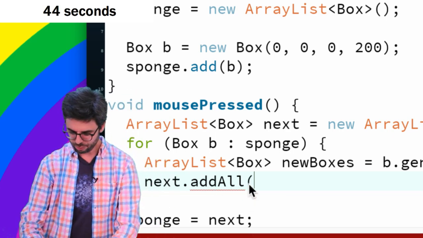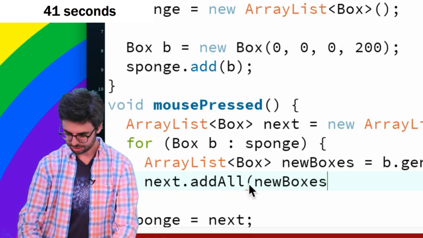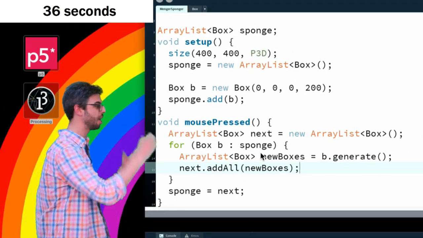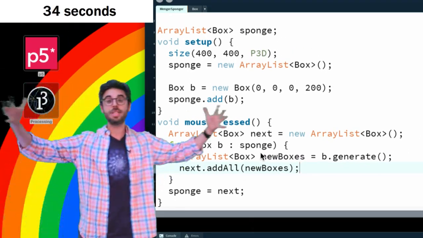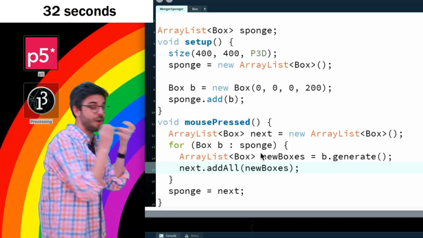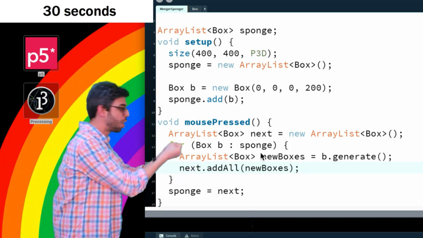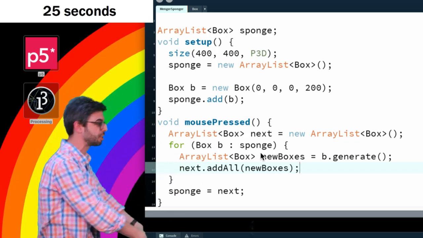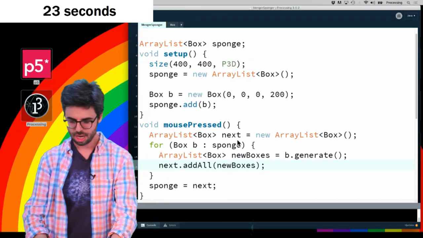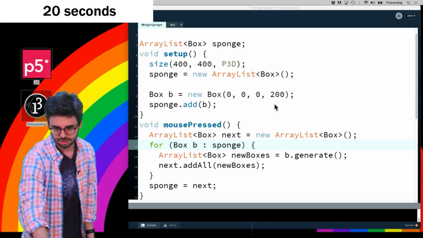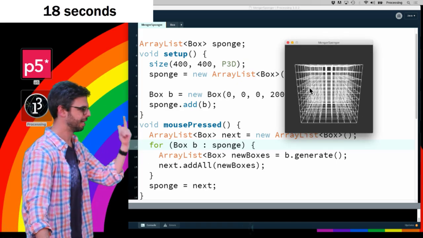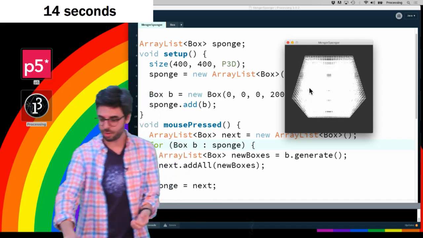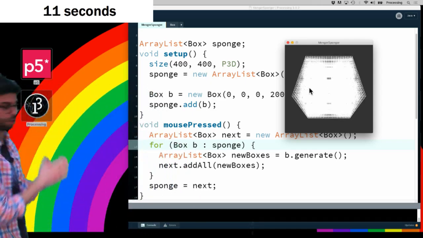So if we look at this particular algorithm here, what this is saying is when it's a new generation, make an empty array list. Now for every box that's currently in the sponge, go and divide it up into 27. Take all 27 of those and add it into the next, and the sponge becomes the collection of all of those. So now if we run this, click, click, click. I'm just subdividing and subdividing and subdividing, and I could do this forever, and if I did it one more time, I might even crash my computer,